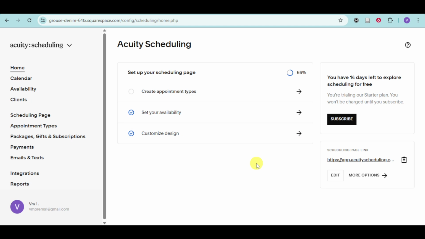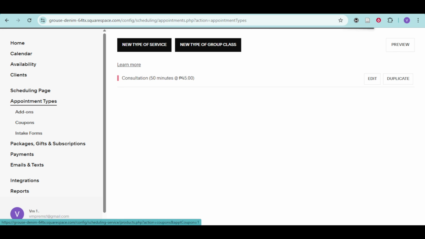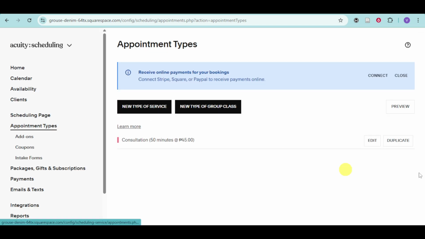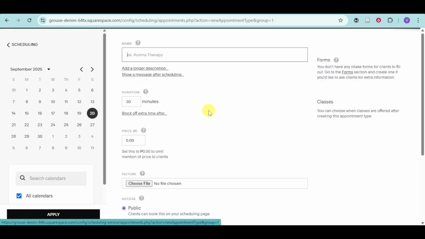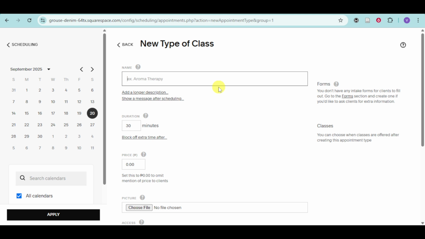Now, into this part, in order to use Acuity for events, we can head over and create a new appointment type. Click on this appointment type option, and from in there, you can head over and click on this new type of group class. Once you're in here, input right here the new type of class that you want. So for example, let's input right here event,